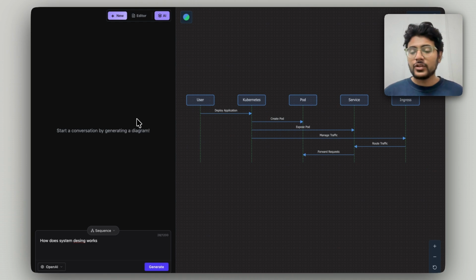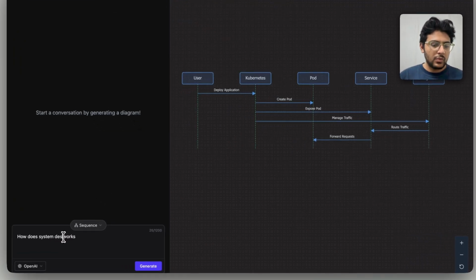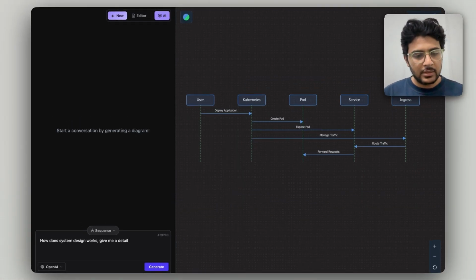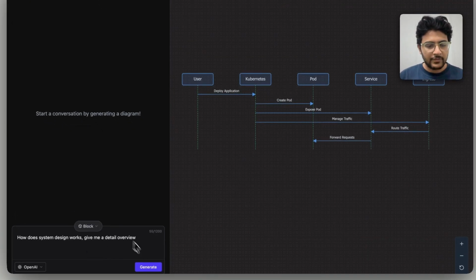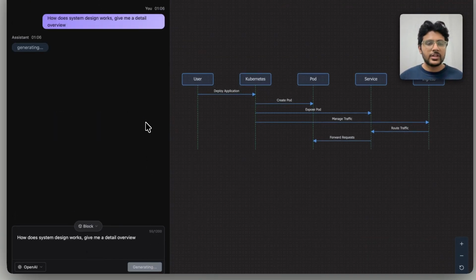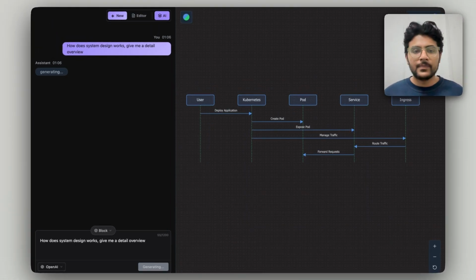You can use it to draw different types of system patterns. Here I'm writing, how does system design work? Give me a detailed overview. I'm going to select a block diagram for that, and now it is generating with the help of AI.